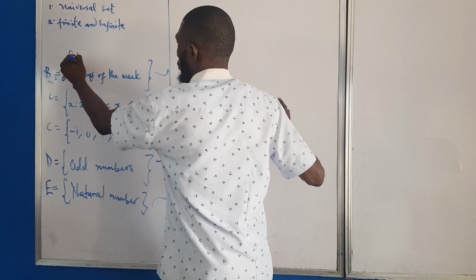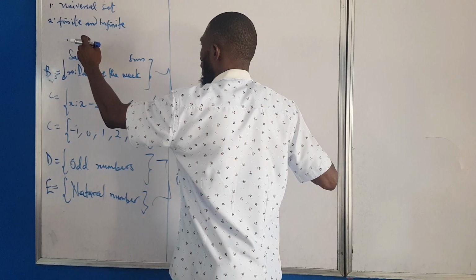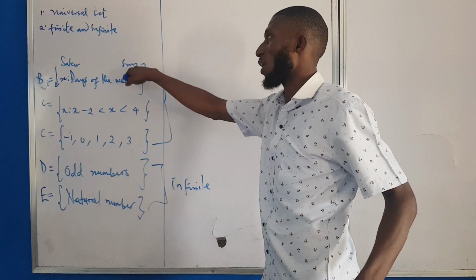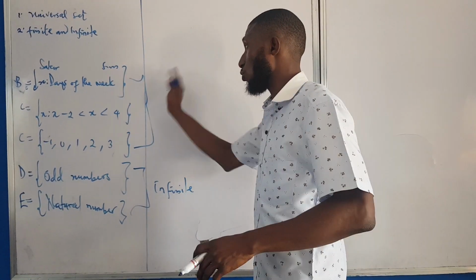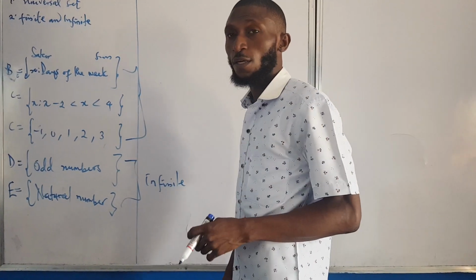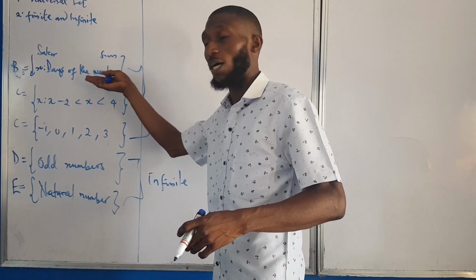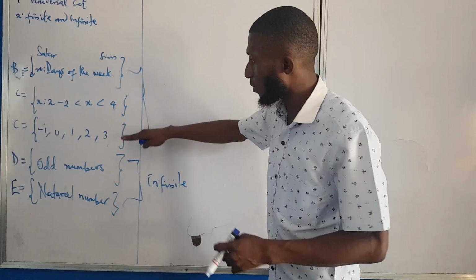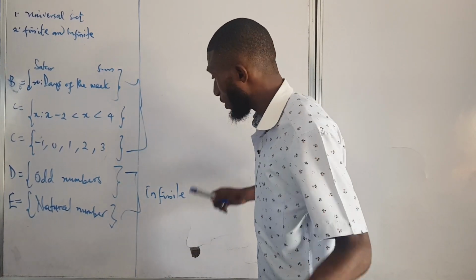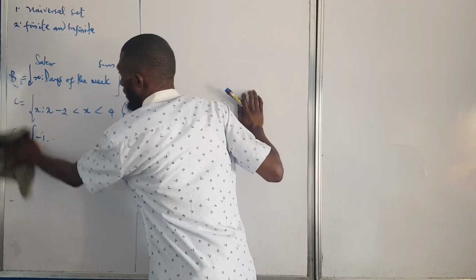But the one where you know the beginning and the end, like days of the week, you know it is Saturday, Sunday, Monday, Tuesday, Wednesday, Thursday, and so on. Then you know the days of the week. Even the months of the year, because it is just 12: January, February, March, April, May, June, July, and so on. But like this one now, you don't know all the elements, so we call it an infinite